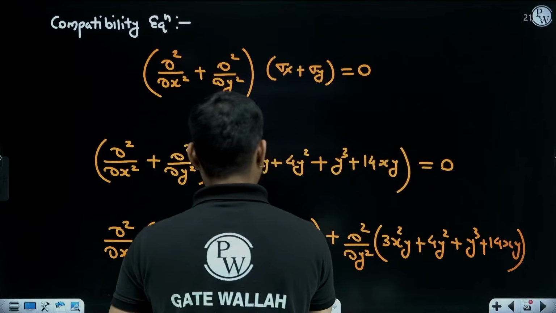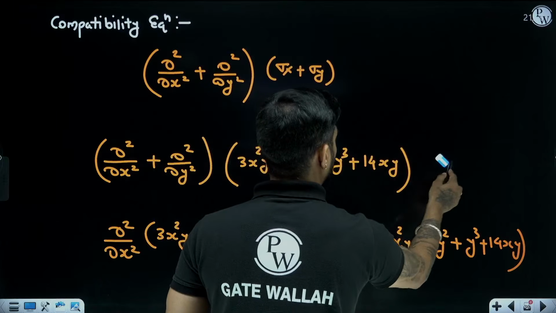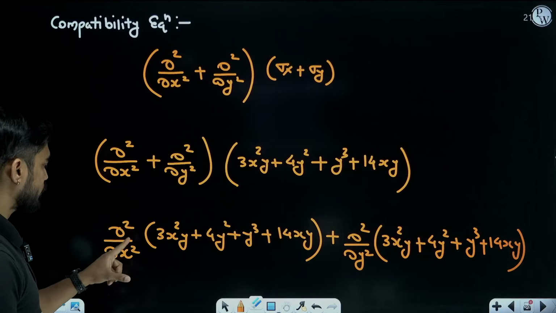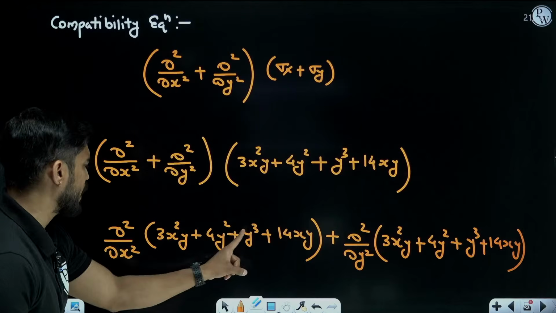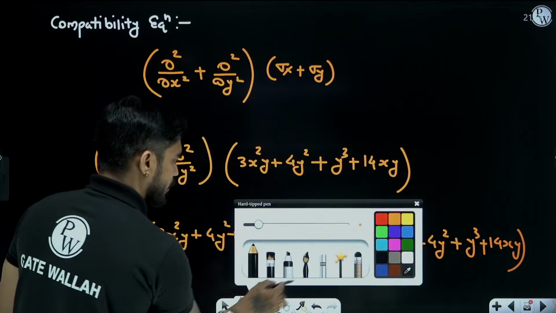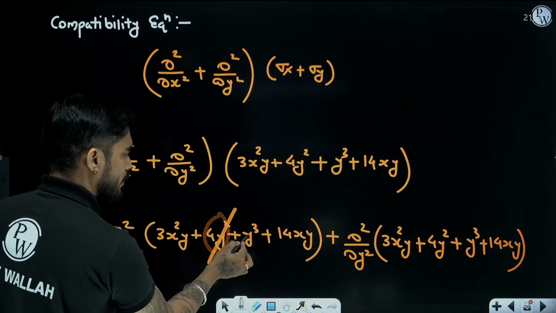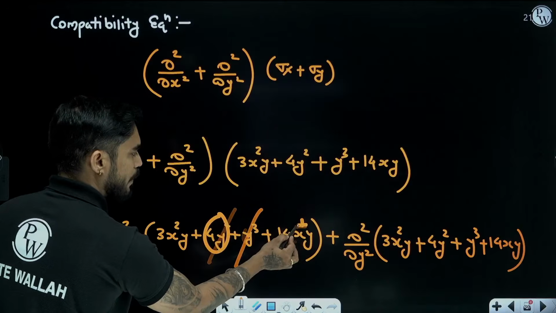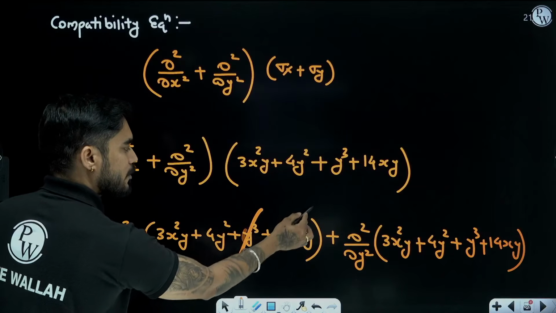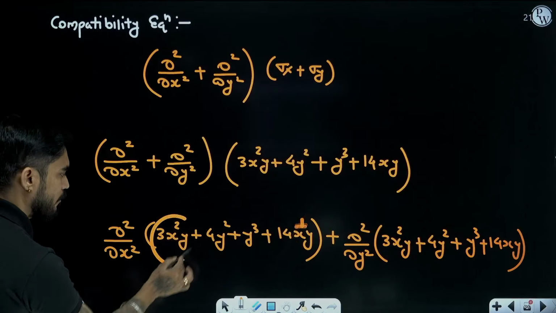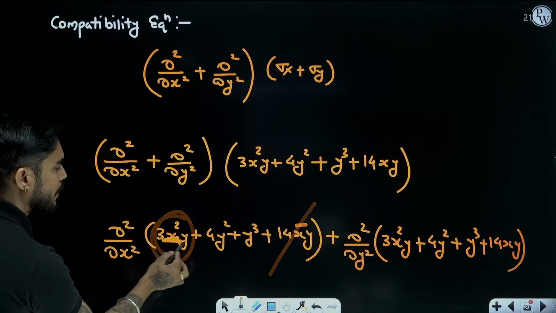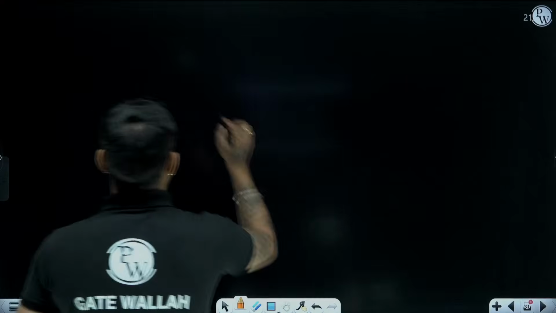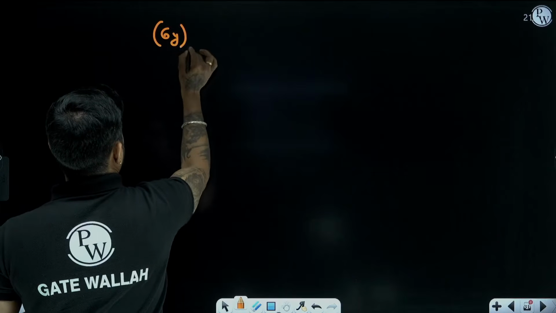Okay, I should not write it 0 because right now I don't know whether it is 0 or not. So if I differentiate it with respect to x 2 times, see here there is no x, it will become 0. Here x is only 1 time, x to the power 1, so you cannot differentiate it 2 times, it will become 0. You can differentiate this one 2 times, so it will become 6y, right? The first term I am getting 6y.